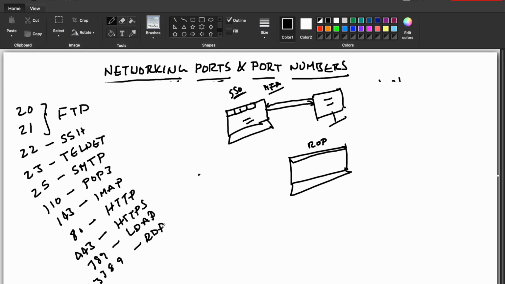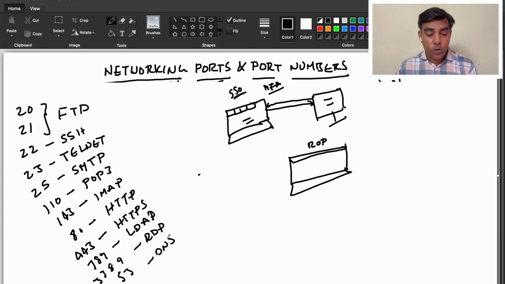And again, we have 53 as a port number as well. 53 is for DNS. So what is this DNS port number? This DNS port number resolves the IP address of a particular domain. That means, this is my client, and my client is accessing a particular server,